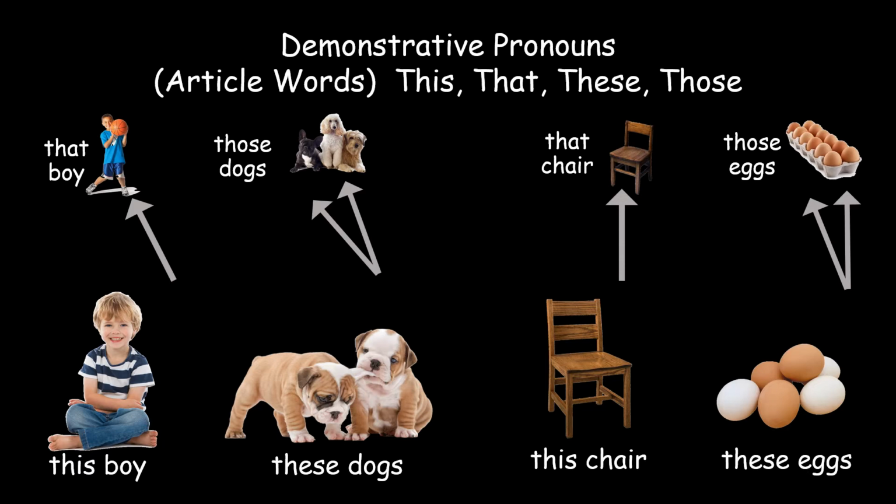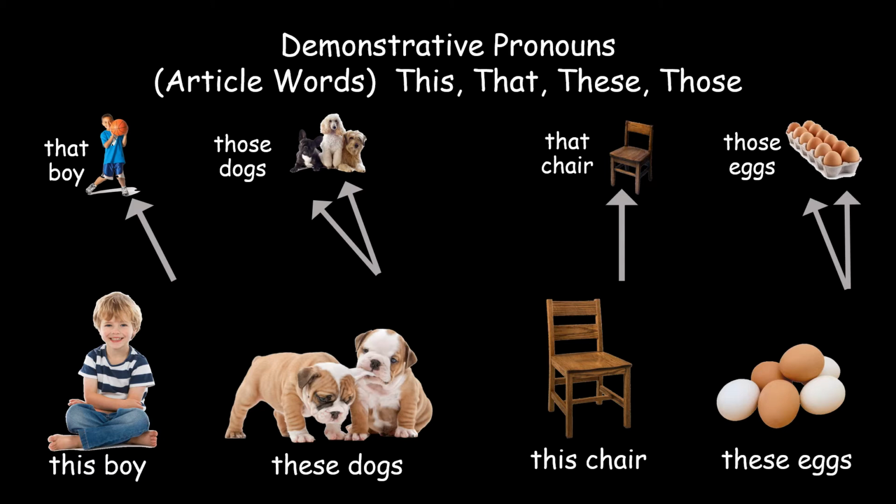Here we have English examples, starting with a boy. Looking at the bottom left-hand corner, we start with this boy. And farther away in the background, as the arrow points to a small boy, because he is a distance away, we have that boy. This boy and that boy. And the difference as to whether we use this or that is spatial, depending on proximity, how close or far